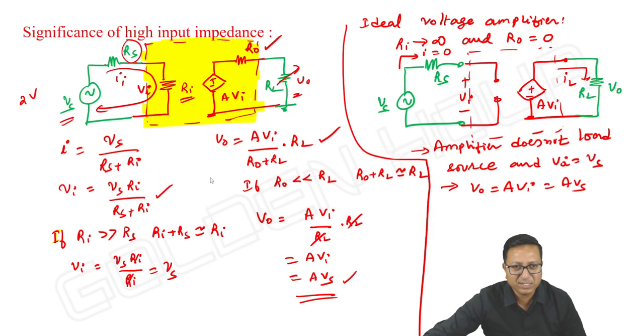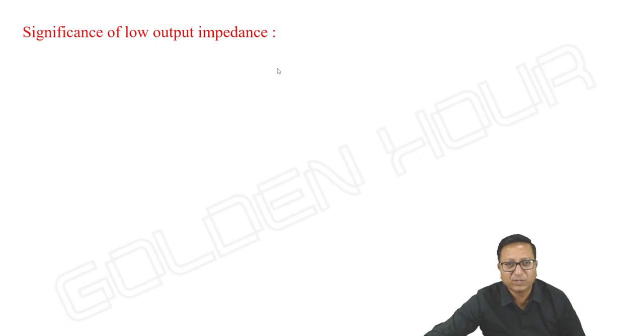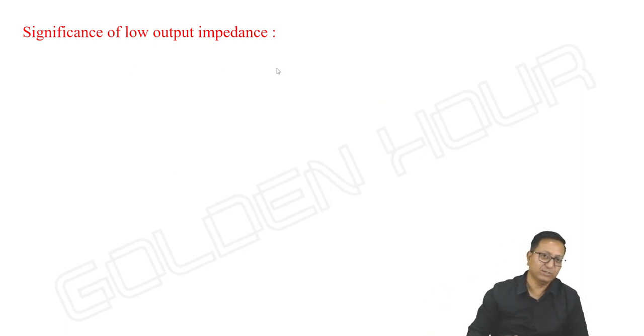It is just the voltage amplifier, the same thing I am extending here to the op amp, nothing else. And coming to the significance of low output resistance, ideally 0. See the op amp, if you take a practical op amp,